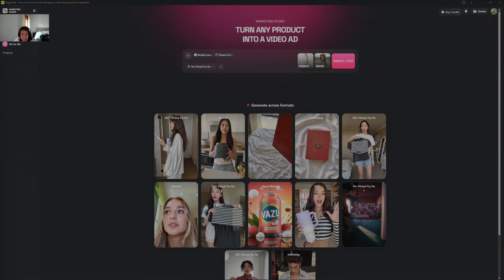How much is the Marc Jacobs dress? What? $3,000? What? Damn, bro.